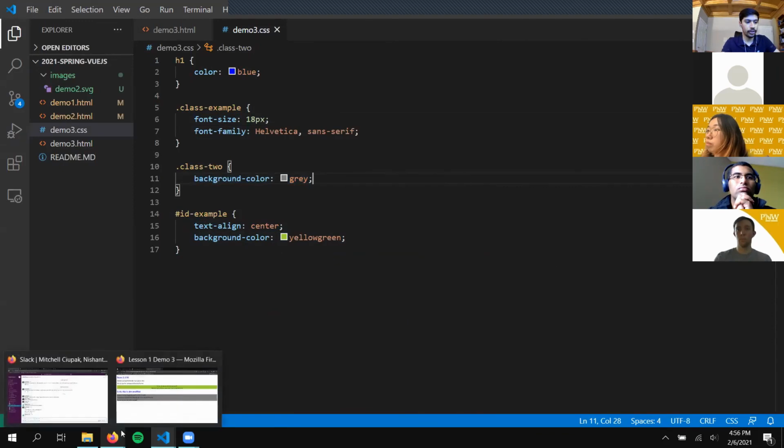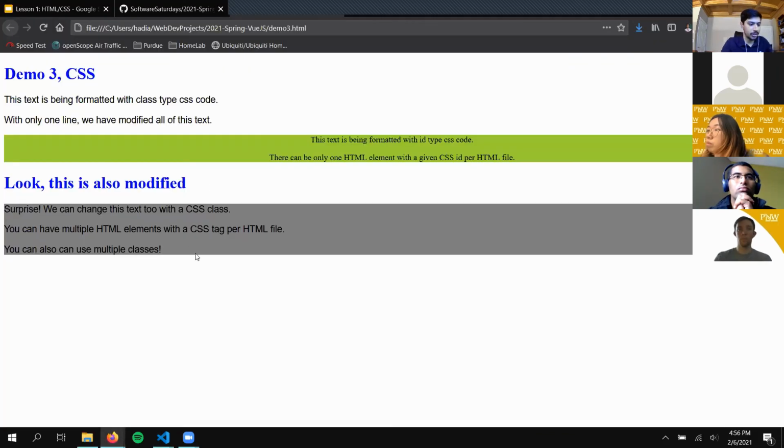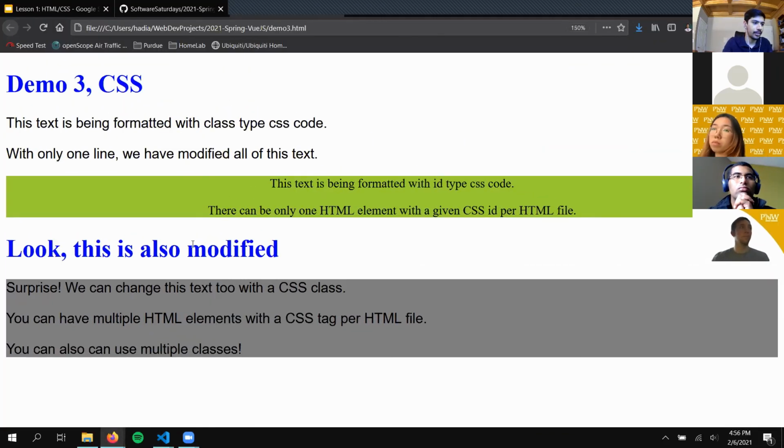So if you look at our code, I'll zoom in a little bit to make it easier to see here. You can see that the font has become the 18px Helvetica font, like it was in class example,